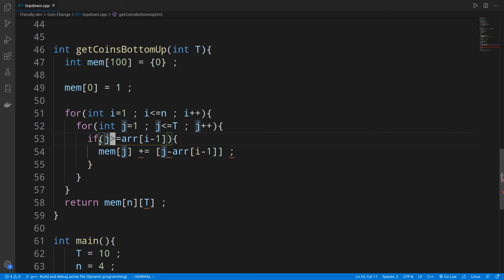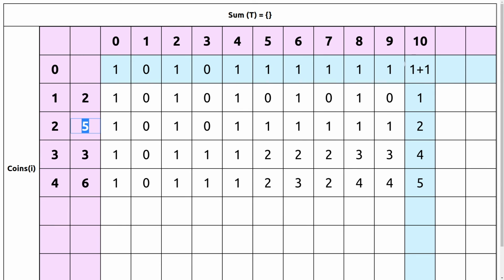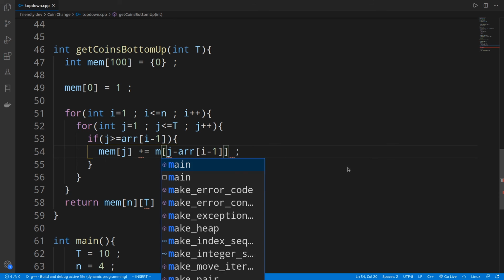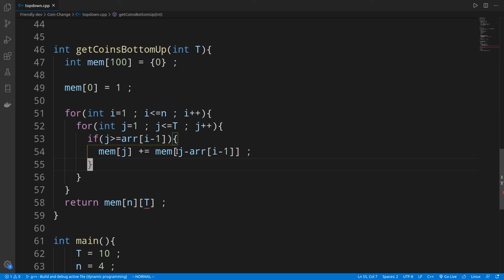In other words, we only increment it when we have an inclusion choice. That means if our sum value, that is 10, is greater than the array element 5, we can include 5. So we only modify in the inclusion choice.